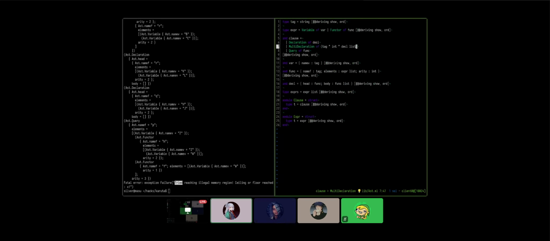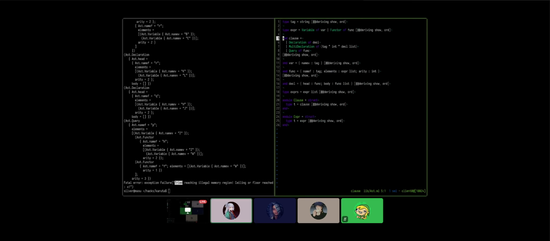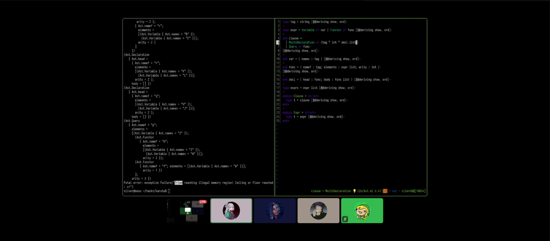So I was thinking we could split this up into, well, what's the best way to go about this? Something like, well, the clause type would actually lose this branch, and we would have a decl and a decl list to make sure we have at least one, right?